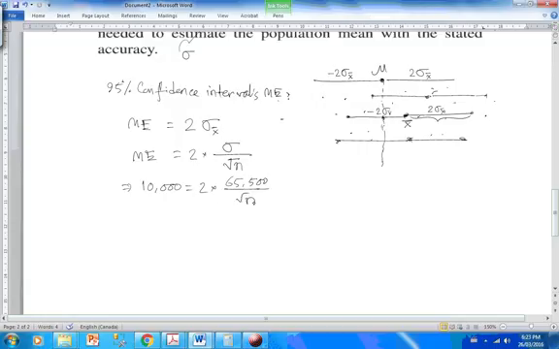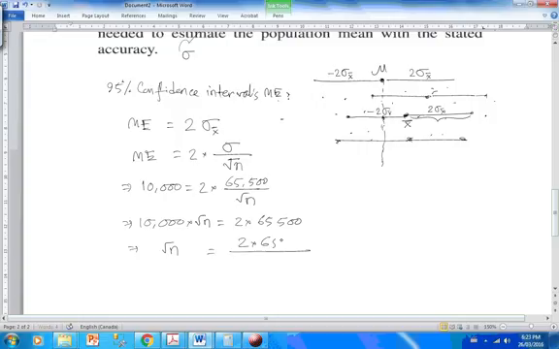If I multiply both sides by square root of n, then I get 10,000 times square root of n is equal to 2 times 65,500, and then if I divide both sides by 10,000, I get square root of n is equal to